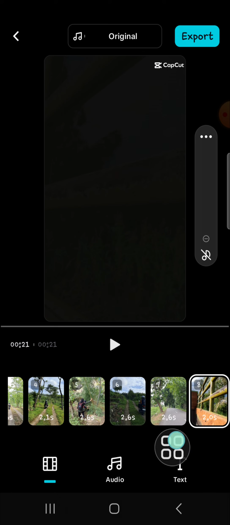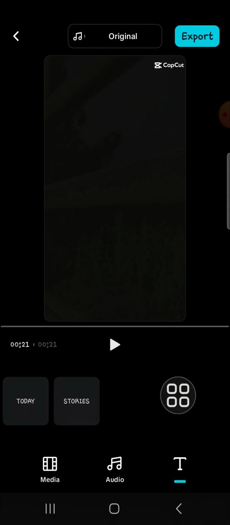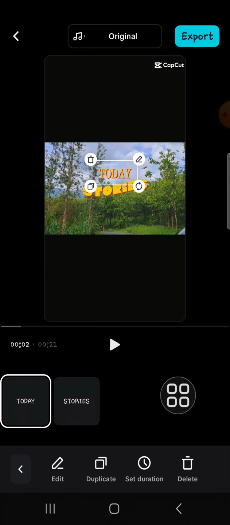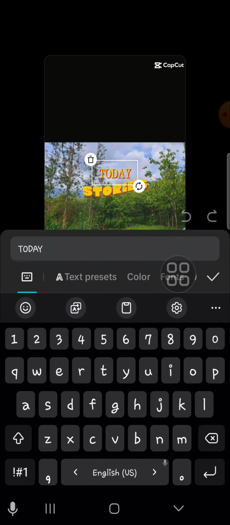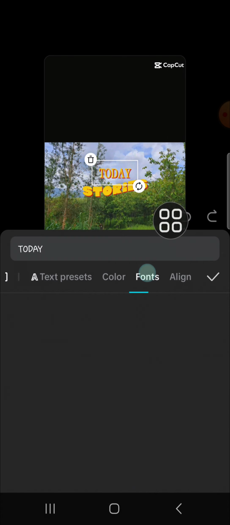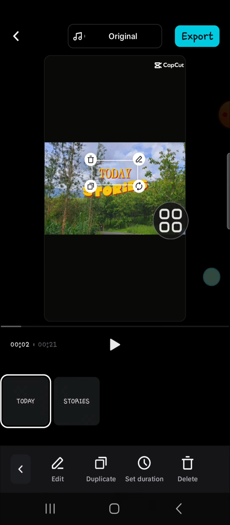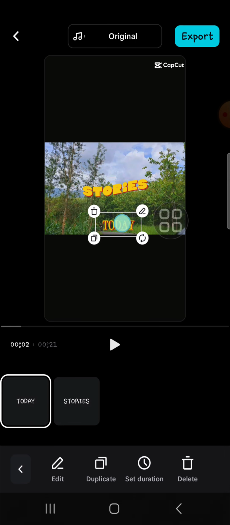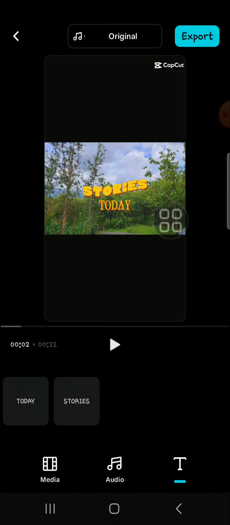Okay, and then you can change the text styles as well. You can go to the edit to change the color, font, or the alignment. And again, I'm just going to leave it like that. Okay, I'm going to go back, and then once you're ready to export it, you can click on export, and